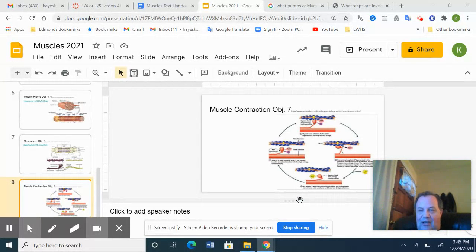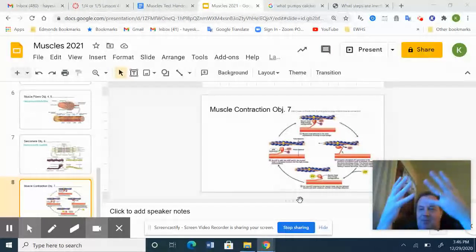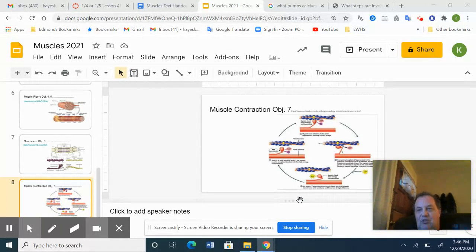causes the muscle contraction. There are calcium pumps in the sarcoplasmic reticulum that when the muscle relaxes, the calcium gets pumped back up, and that's what causes the muscle to go back and relax as those binding sites get covered